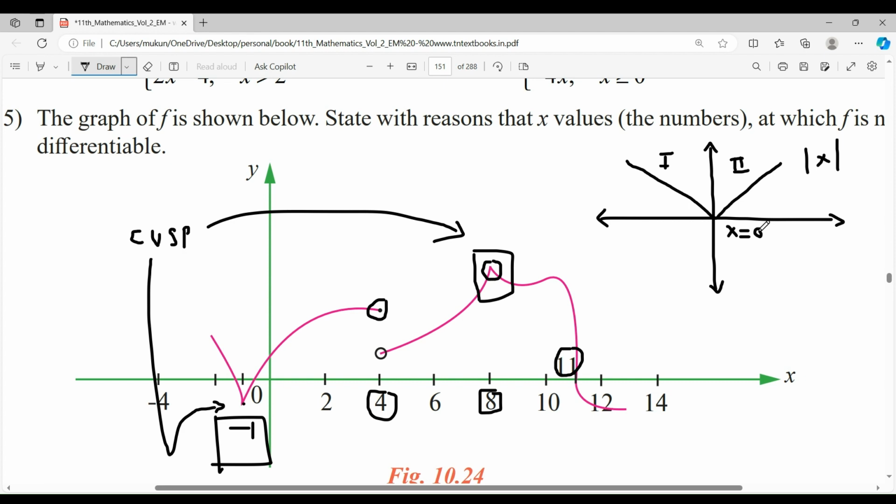So in this case, for example, when you do mod of x, you will notice that your f dash of x naught plus will be plus 1, and your f dash of x naught minus will be minus 1. So in these cases, you will notice that my left hand and right hand derivatives do exist. They are finite numbers, and these are called corners. In this particular case,